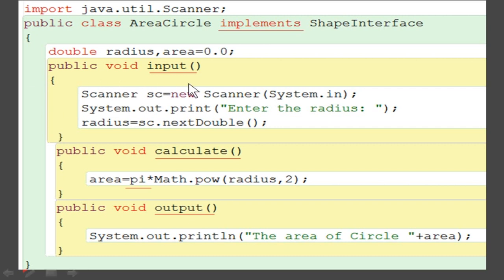Now you can see public static input. So this function will get the input, that is the radius value, into the variable radius, and then the next function is calculate, which will calculate the area of the circle. You can see the pi value is not defined anywhere here, but it has been defined in the interface with the value. So that means you can directly use this in this program without defining it. So you can see the formula is given, pi r square, and it will be stored in area, and then finally we got another method which will display the output.